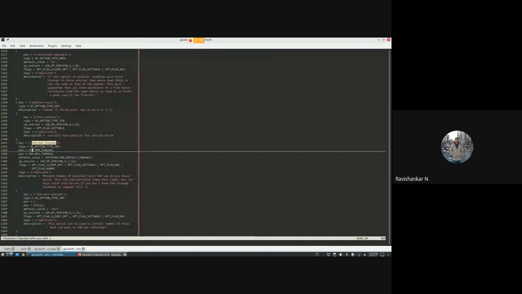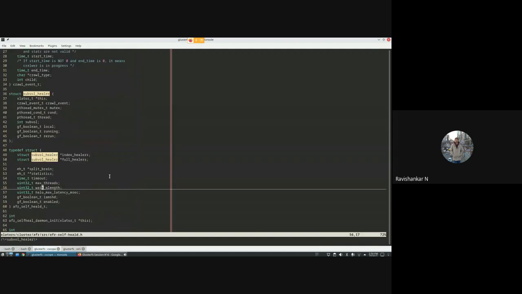SHD max threads is the maximum number of parallel self-heals that can be done per brick. If you increase this to a large number, it can possibly crush all the IOs, like this comment says. So it's basically a tunable, just like for client-side heals. The self-heal daemon also has a maximum number of SHD threads that can be queued. So I think that is pretty much it.